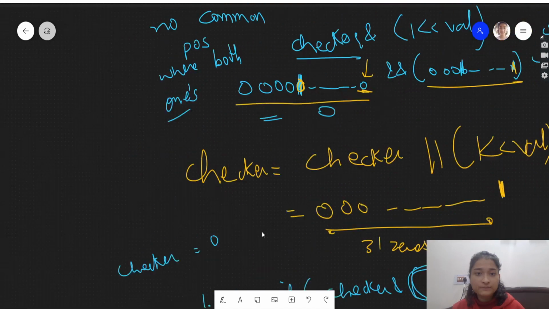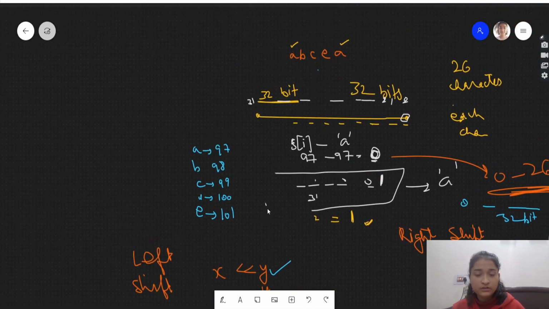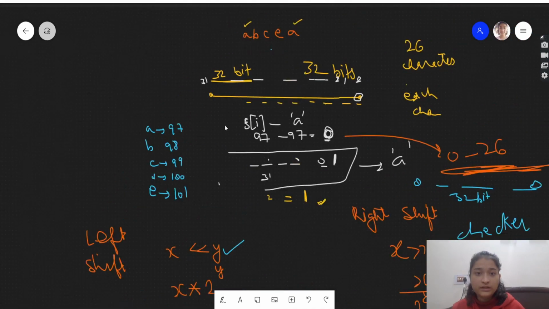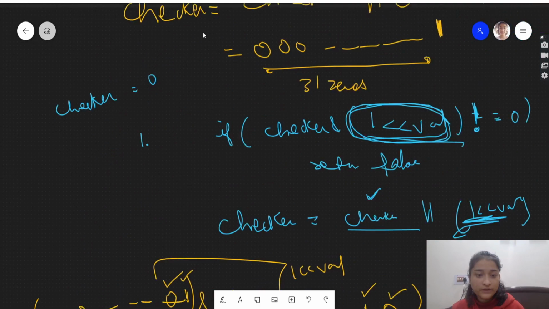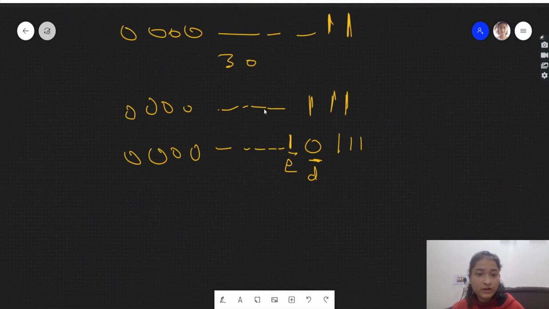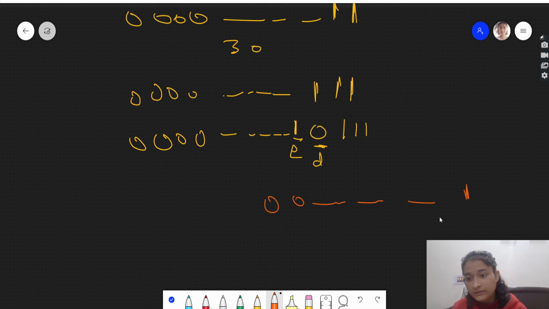Now in our string, yeah, A is here. So we'll again encounter A. Now how will we deal with it? Now we will know how this is working. See, A's binary representation will be 0 0 0 0 0 and at the end 1. So there will be 31 zeros, and at last it will be 1. This is A's representation, right?